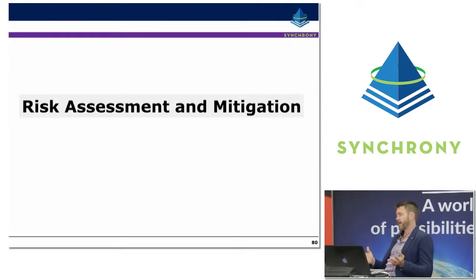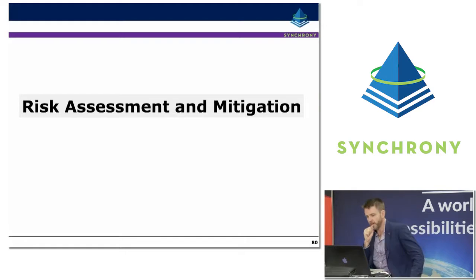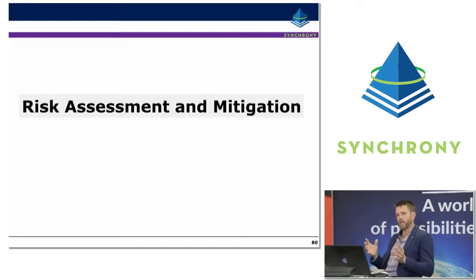Risk assessment and mitigation. A key element in setting the performance measurement baseline is risk assessment and mitigation. So it's about understanding what levels of uncertainty we are dealing with and having a way of dealing with those. And dealing with those might mean adding additional contingency or rolling things up to planning packages, or it could mean adding additional mitigation steps to your schedule to help reduce the risks.